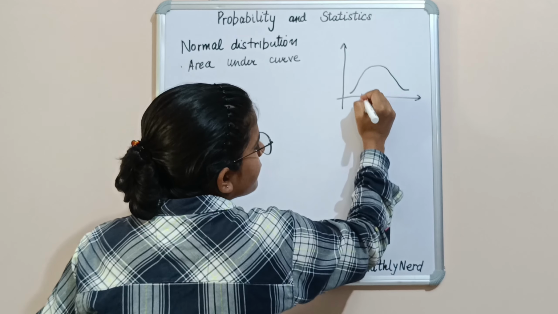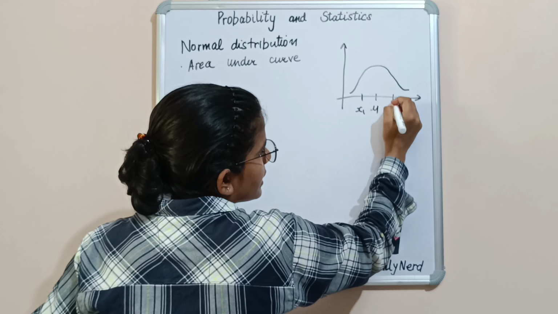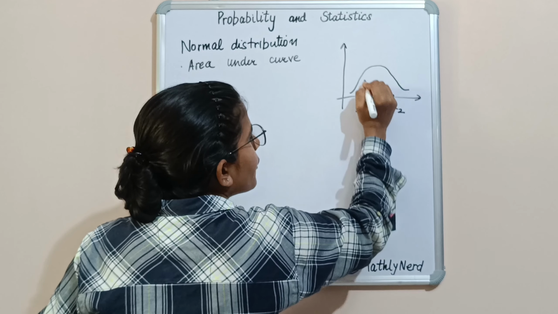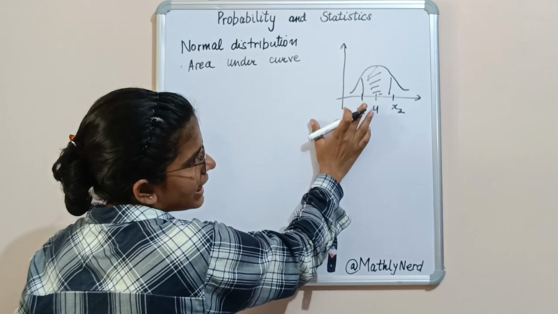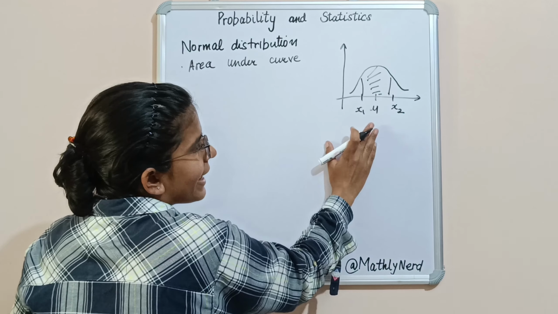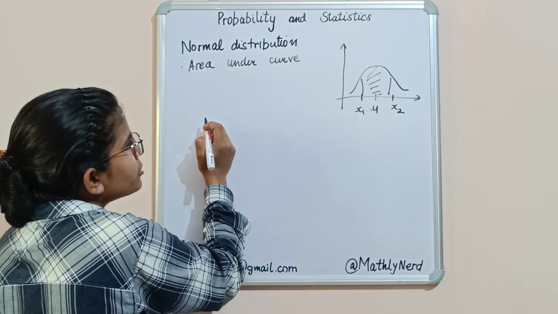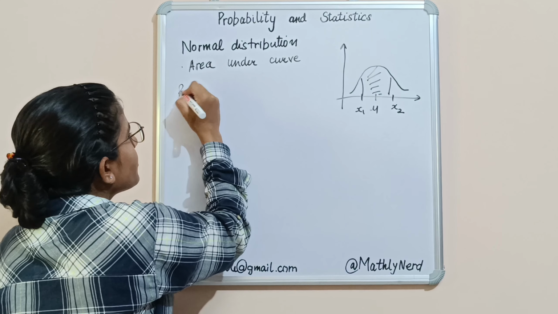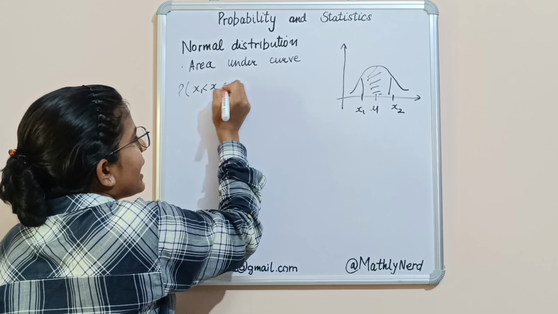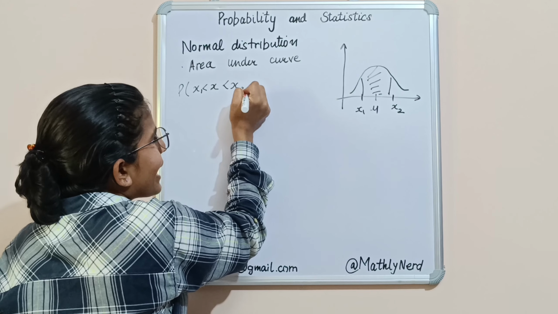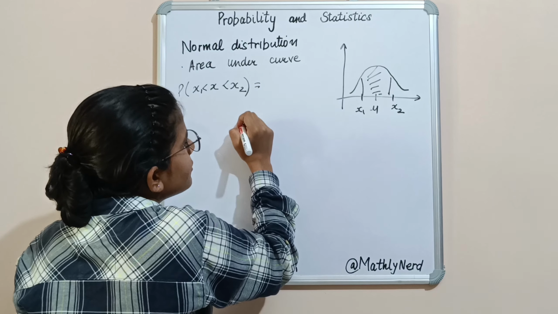So if there is one point x1 and one point x2 and we want to find this area where x lies between x1 and x2, this will be the probability of x1 less than x less than x2 equals